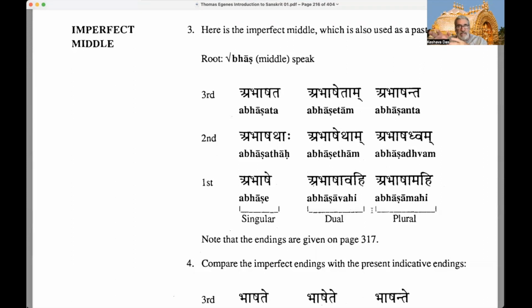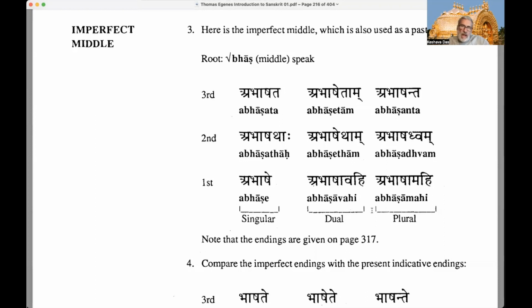This is the present tense. Now, when we make it from the present tense into the past tense, the imperfect, right? Then we add an a in the front, like a prefix to the word. So we have abashat, abashetam,